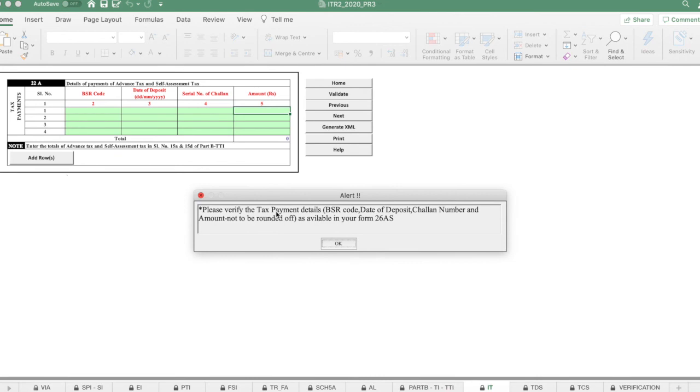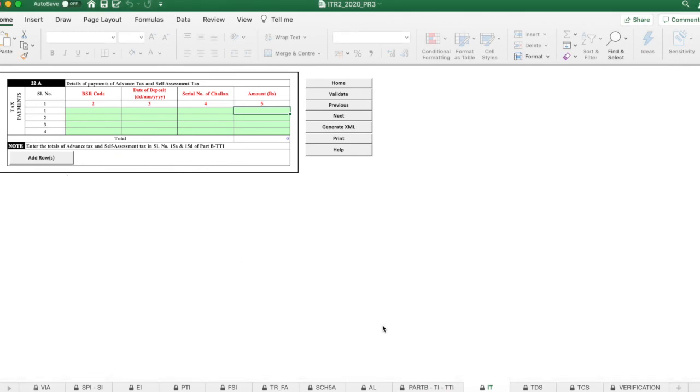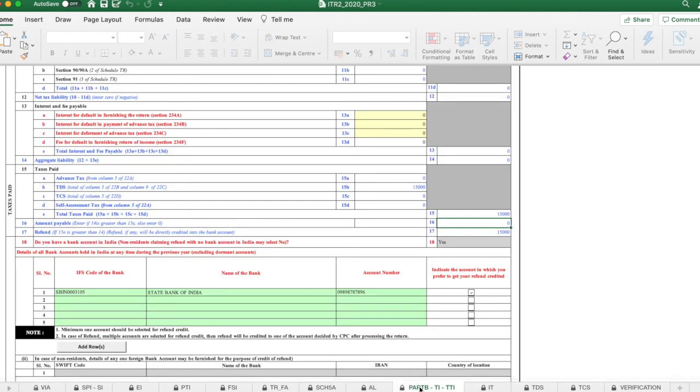So that is how you have to update. And if you have not declared house rent and other investments, or if you are getting interest from some other source, then you have to pay advance tax yourself, and the self-assessment tax needs to be filled in here.